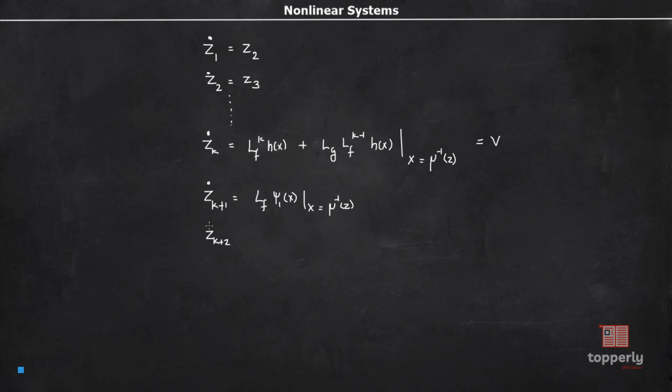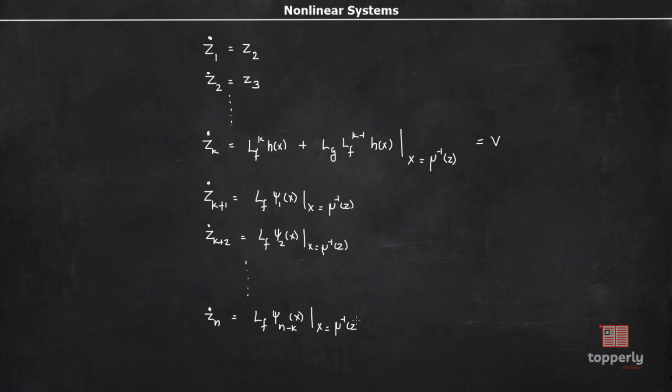Z_{k+2} dot is equal to L_f psi_2 of x, and x is equal to mu inverse of z,